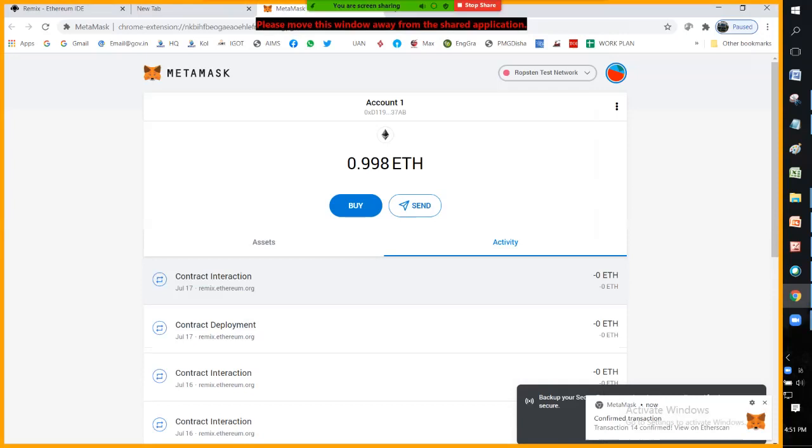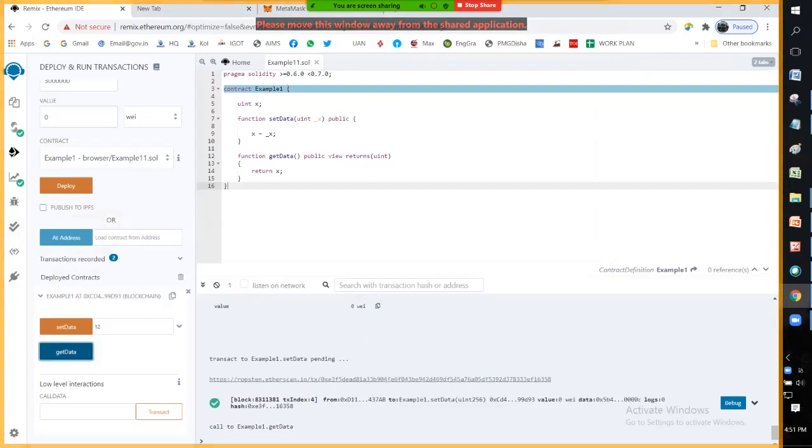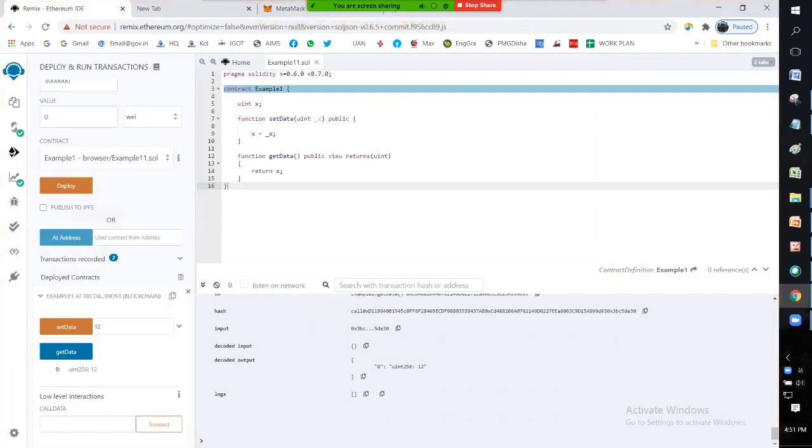Okay, so it is done. I'll go in Remix again and then I click on Get Data. Just see, now my value is 12 and I can see that the transaction was through.